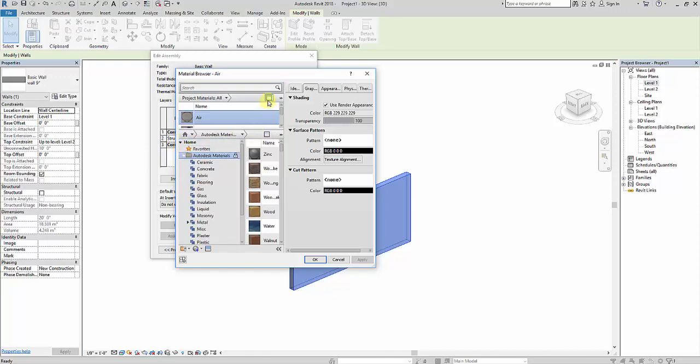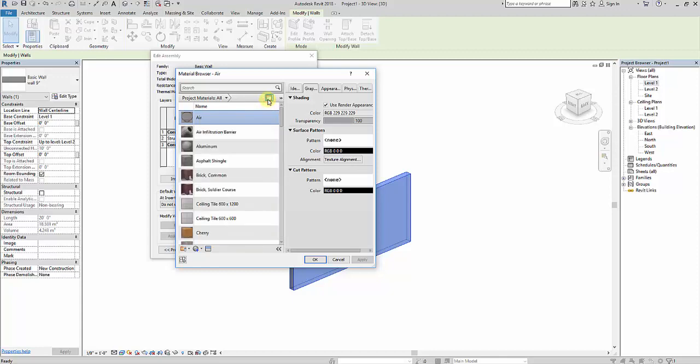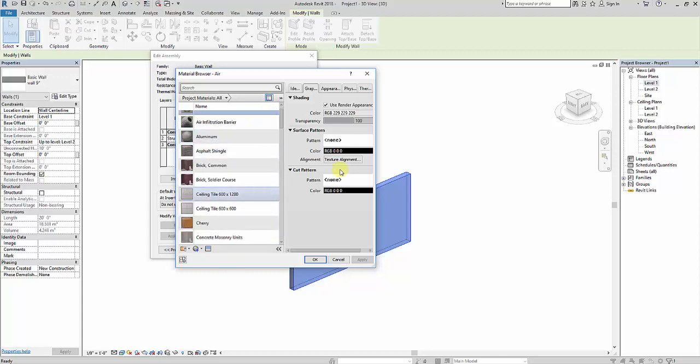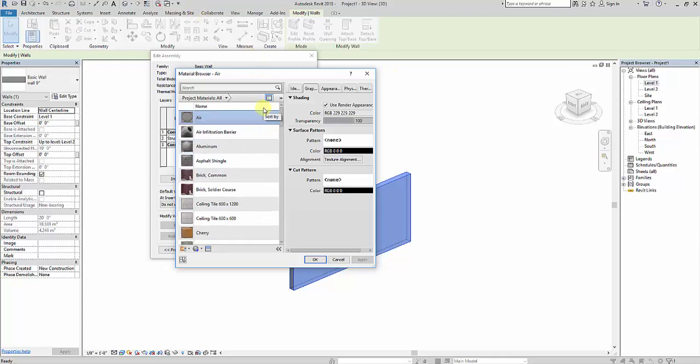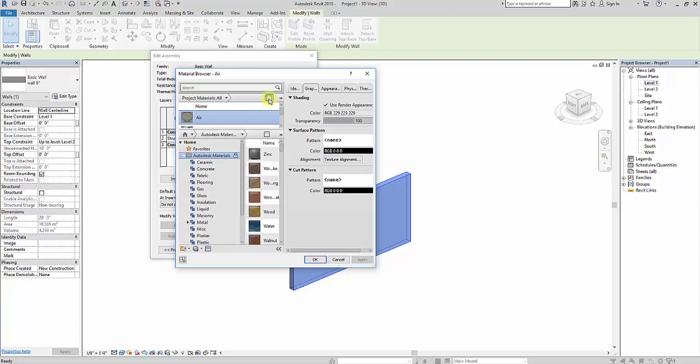Sometimes what happens is the material browser won't be visible for you. It will get hidden. So what I have to do is just click on this show hide library panel. If you click on this, you will get this material option. So I'll drop down this home, I'll drop down this Autodesk material, and next I'll select the material type as per my requirement. Suppose for example let me select plaster, or I can select masonry. Next in this masonry I'll select the type of material I need to apply here.